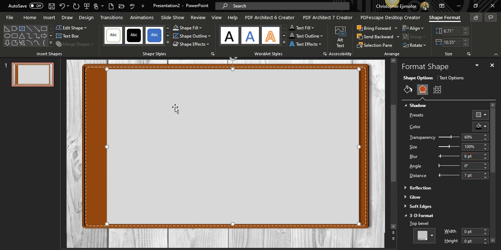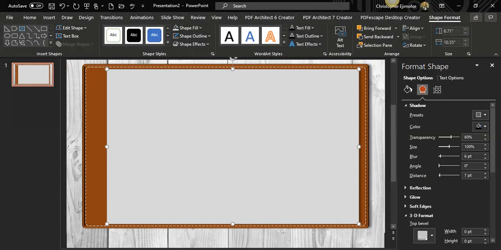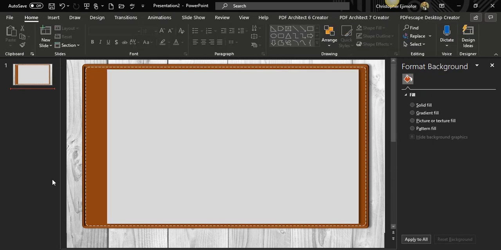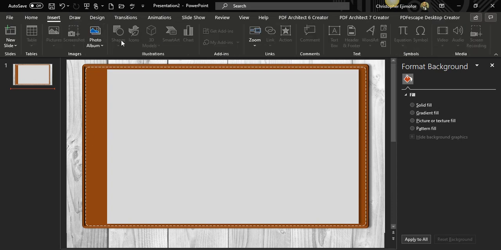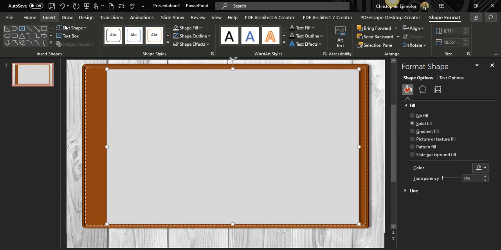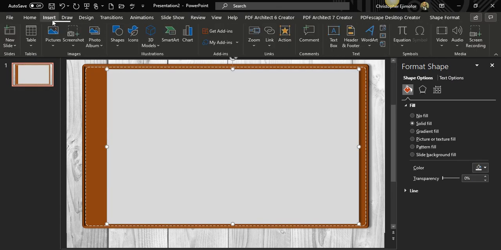So before we do anything else, let's check this and see how it looks. Okay, looking good. Alright, that looks really good. Okay, so let's go to Insert again. The next step will be Insert, and you go to Shapes and you go to Oval,